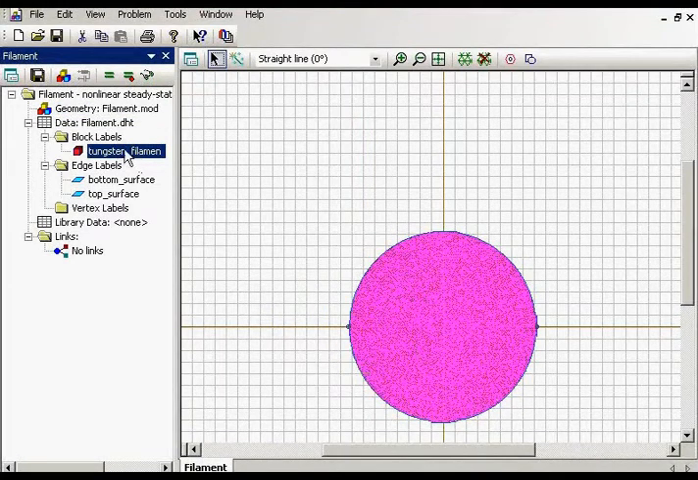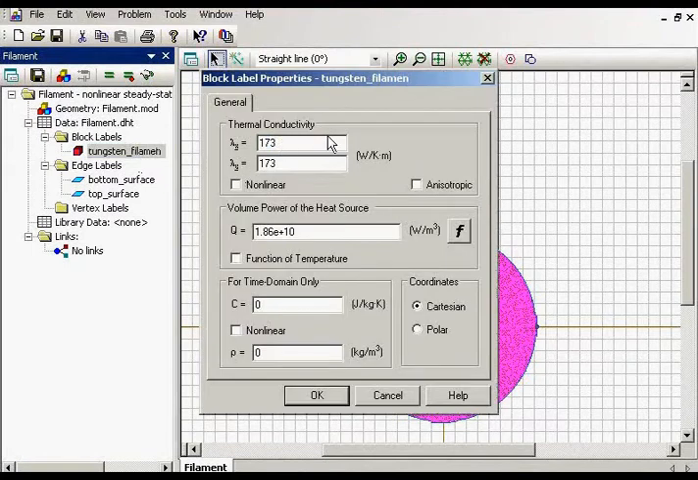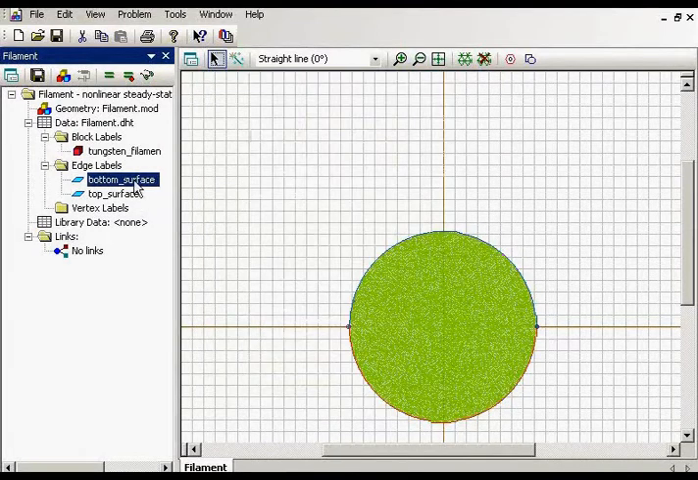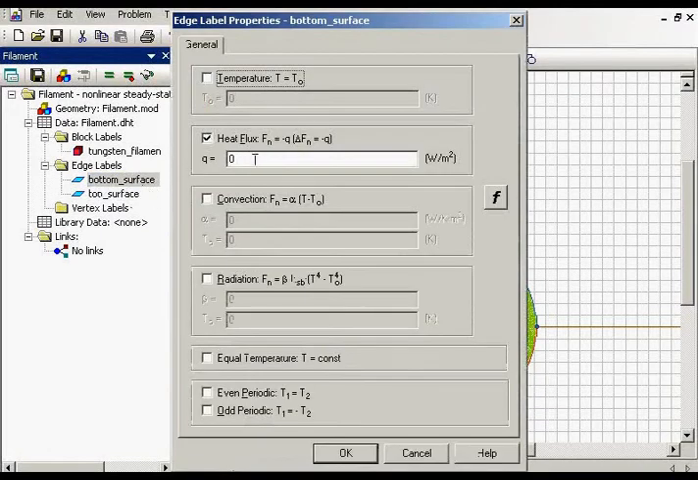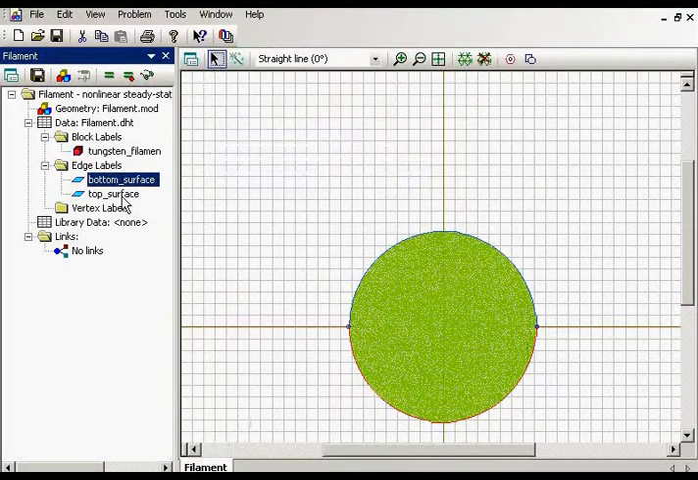This is a tungsten filament, the thermal conductivity and volume power of the heat source are set. And also, there are two edge labels. So let's see that. On the bottom surface, I set the heat flux equal to 0, as in the presentation, so I'll explain. And on the top surface,